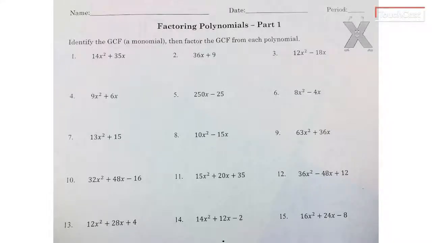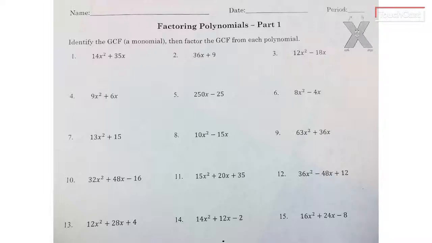To find the GCF of number 1, we are going to see what 14 and 35 have in common. If you're not sure, you can put it in your calculator in the greatest common divisor. If you don't remember how to get there, in a calculator page, you will go to Menu, 2 for number, and then 5 for greatest common divisor. You will type in 14, 35. After you do that, you should see that the greatest common divisor, or greatest common factor, for 14 and 35